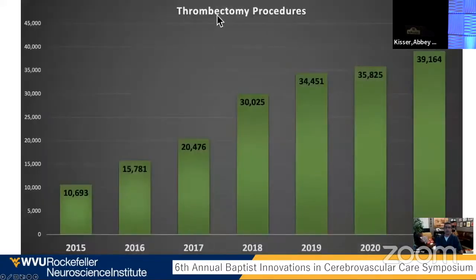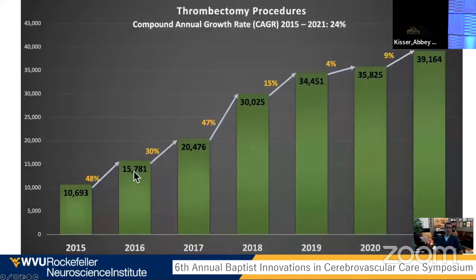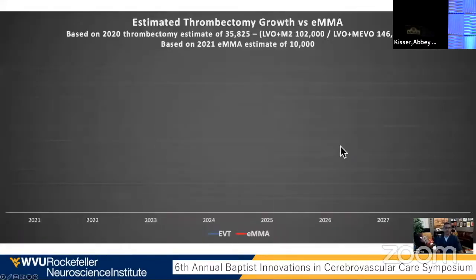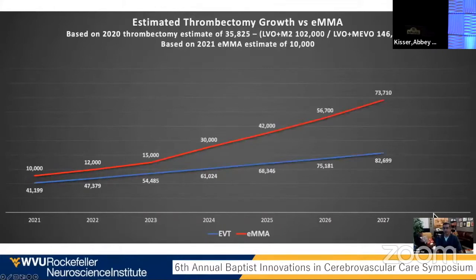And when we look at thrombectomy procedures from 2015 to 2021, we see a significant growth in the first few years and a relative flattening in the current years. This is actual data based on multiple sources. The reason I'm showing that is because we can use this growth phase to somewhat map what could happen in the MMA embolization procedures. When we map that out for the next 10 years, going out to